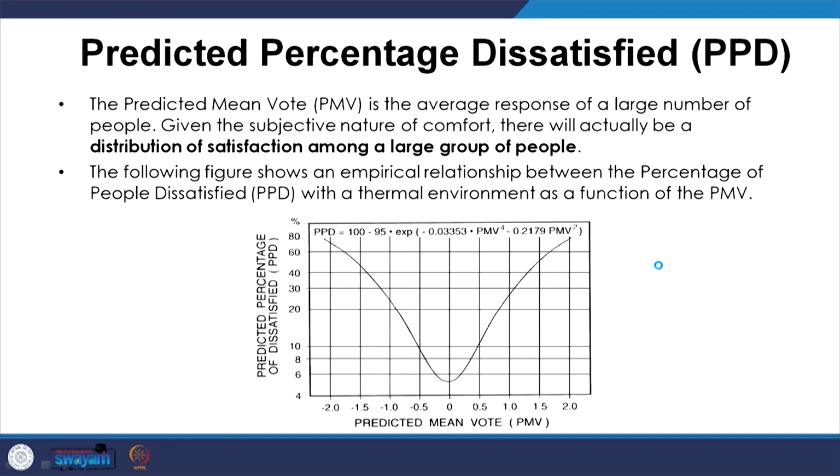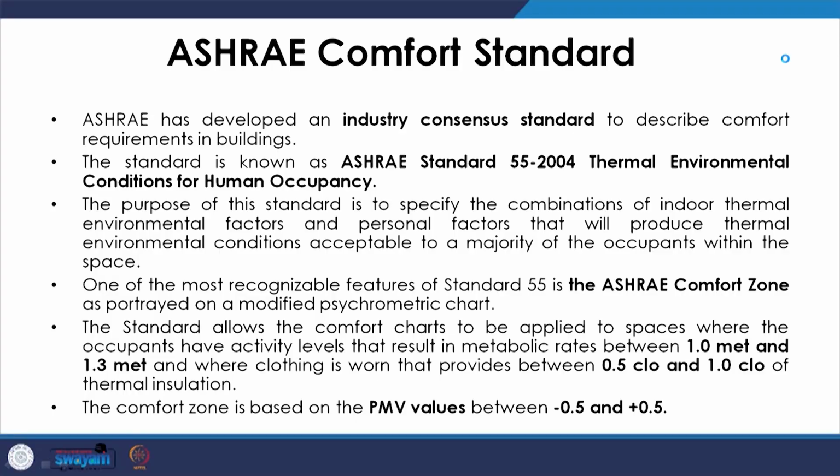The inverse of PMV was understood as PPD. So, if there is a predicted mean vote where more people would say that they are comfortable, there is also a percentage of people who are predicted to be dissatisfied. So, there was a relationship between PMV and PPD, and PPD also became the measure of understanding how many people in a group will remain dissatisfied at the given environmental condition set. So, this was also used.